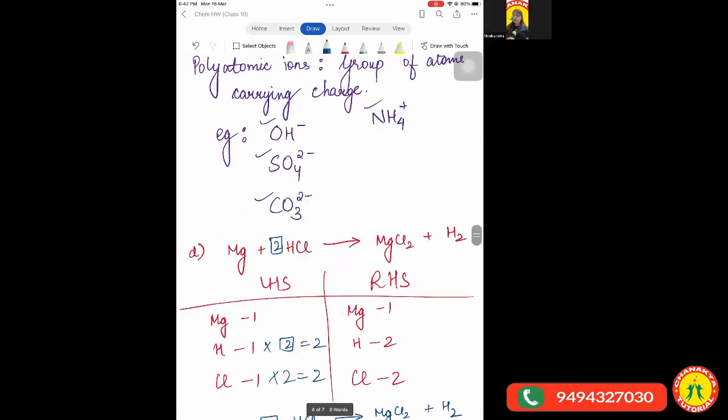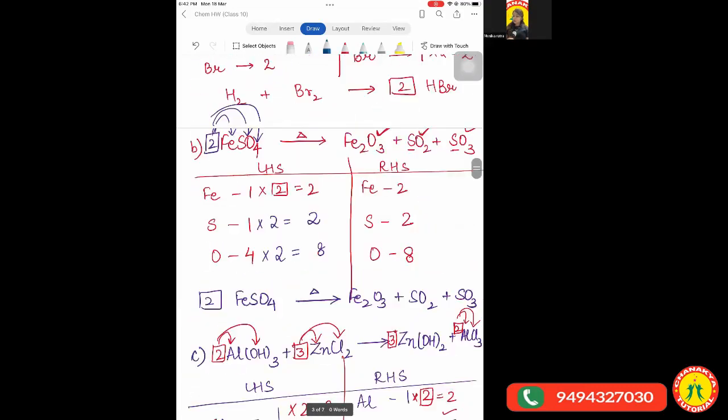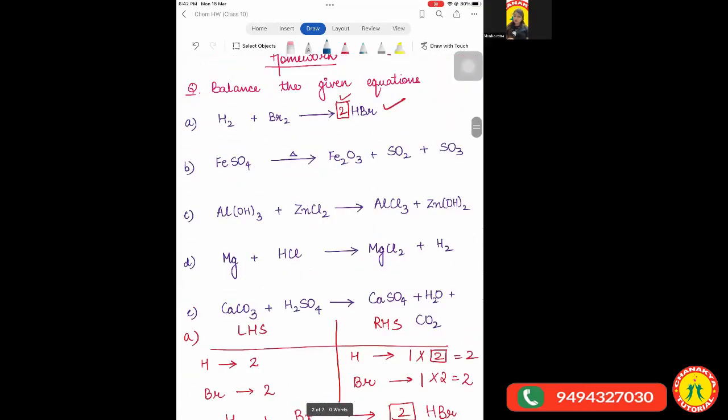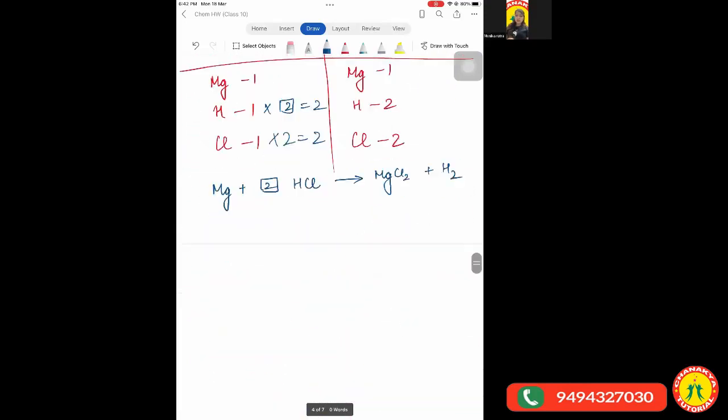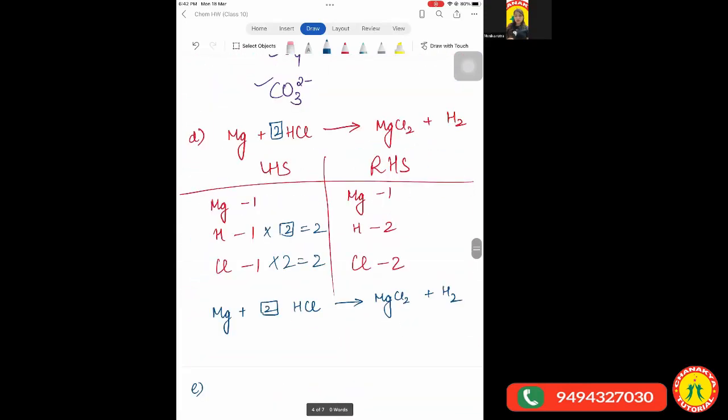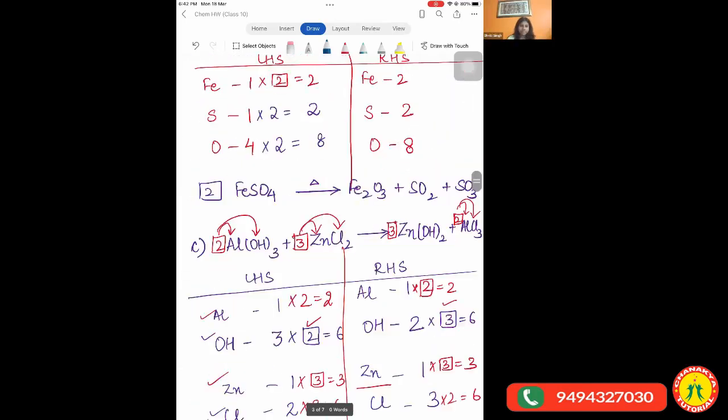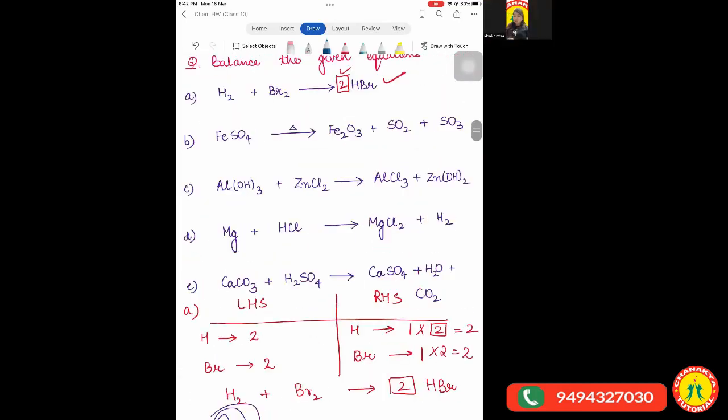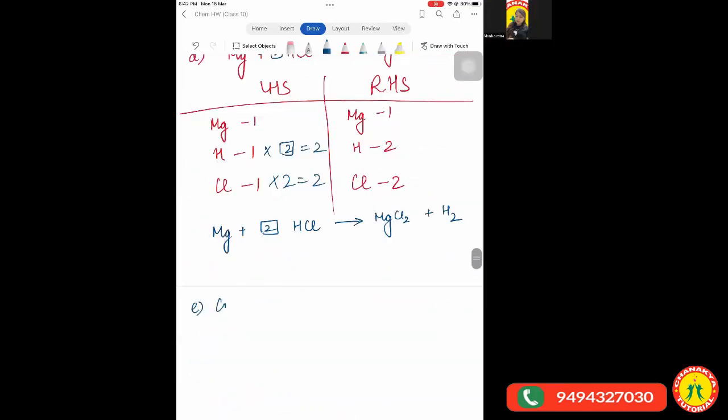Yes, ma'am. Who didn't get the chance for the last equation? I would like to ask from you only. See. Anyone who didn't get a chance at all till now? Ma'am, Dhriti. Dhriti, fine. Dhriti, you have to help me. CaCO3 plus H2SO4 gives us